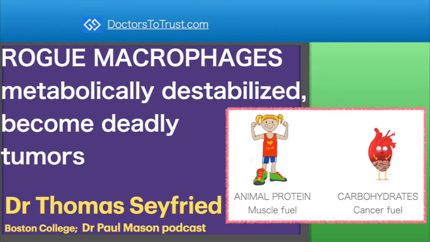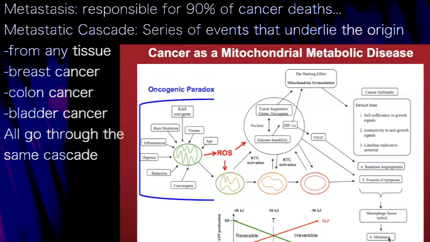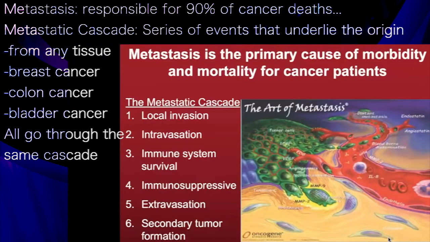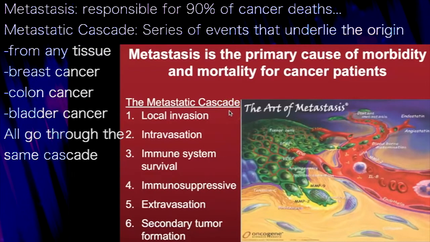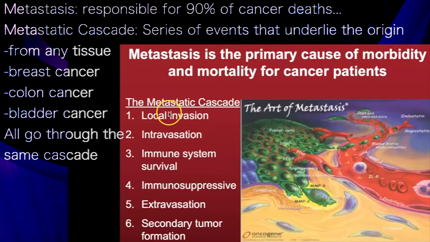Metastasis, which is ultimately responsible for the death of 90% of cancer patients. How do you link metastasis to disturbed energy metabolism? First, we need to look at the metastatic cascade. The metastatic cascade is a stereotypical series of events that underlie the origin from any tissue: breast cancer, colon